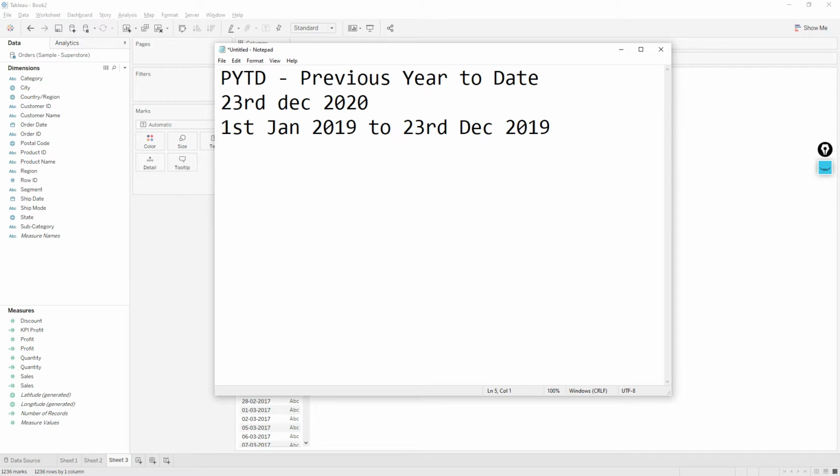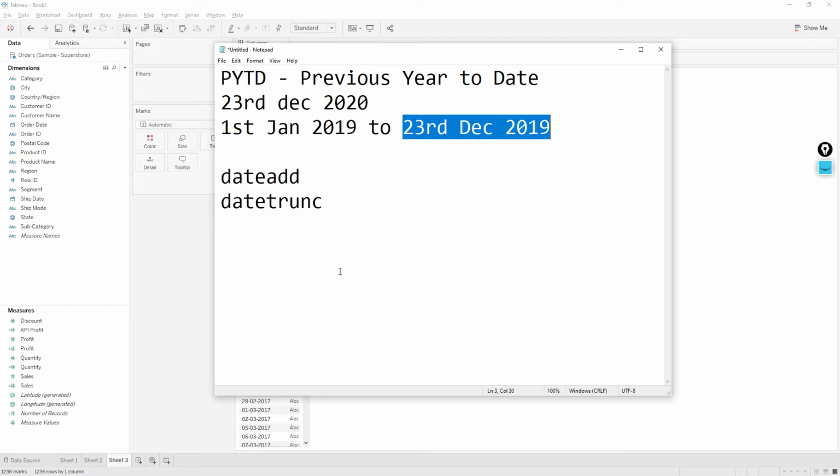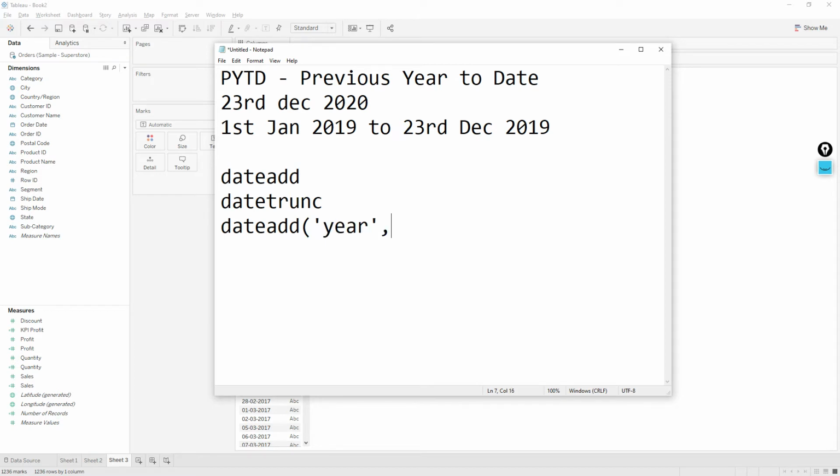So our approach is we are going to use the date add function and the date trunc function to get the output. To get the previous year date, we will write the calculation DATEADD of date part year, comma, -1, and today's date.